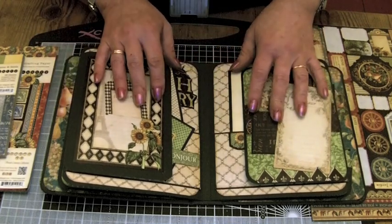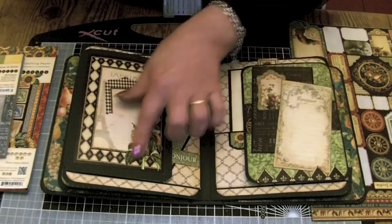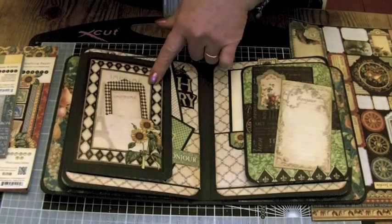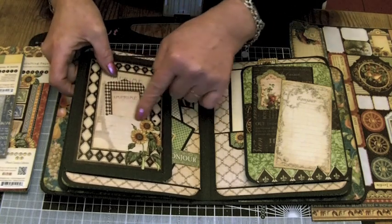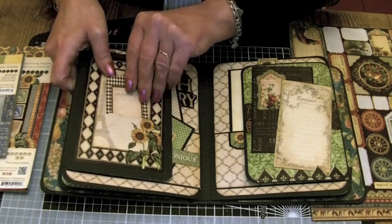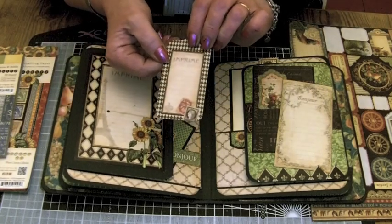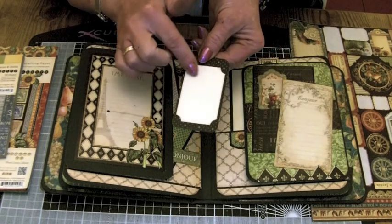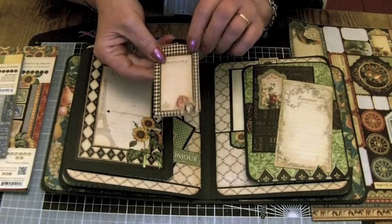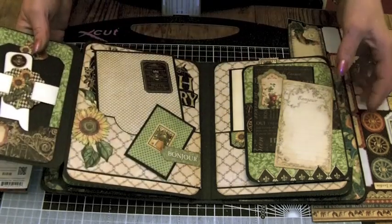These two pages I've made to match. I love the greens and the creams and the blacks together, and I think this is my favourite of all of the cut aparts. So again, I've cut it to slide this. This is one of the new tags that Graphic 45 have brought out, and then I've put a journaling spot on the back. But love that. So that one slides in there, and then the page opens up,